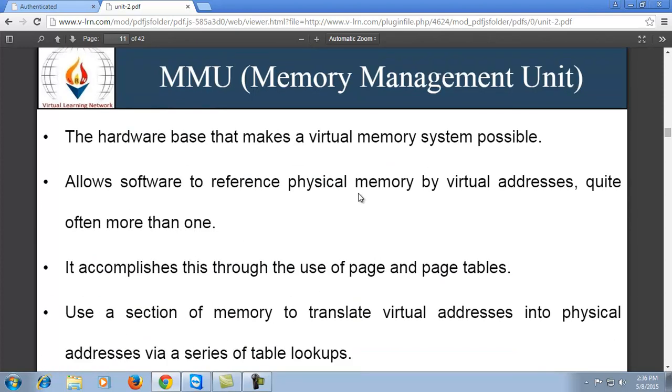Next is the memory management unit. The hardware base that makes a virtual memory system possible allows software to reference physical memory by virtual addresses, and quite often more than one. If we have multiple memories and need to support an operation which requires dynamic or runtime memory, in that case we have only one option: to provide the virtual address space for executing that particular task.